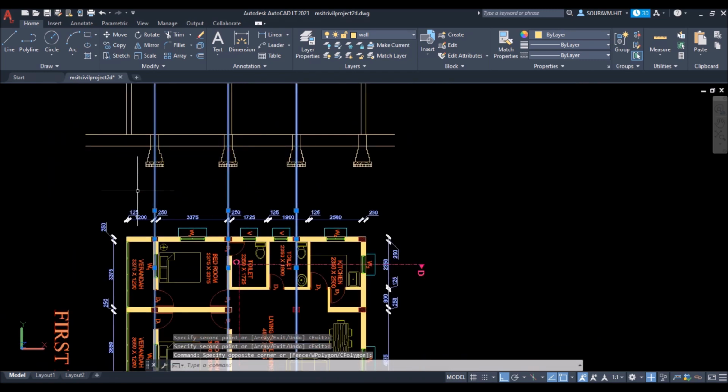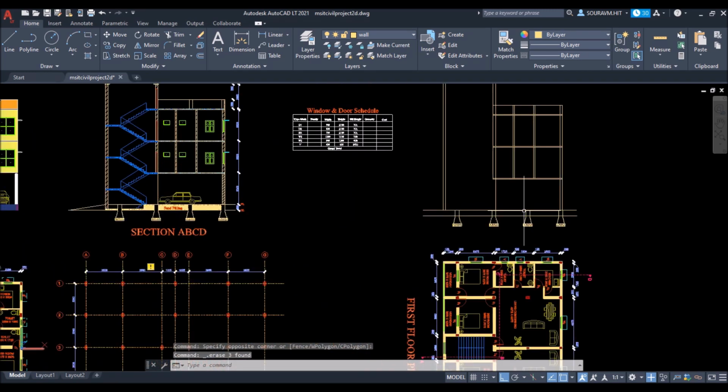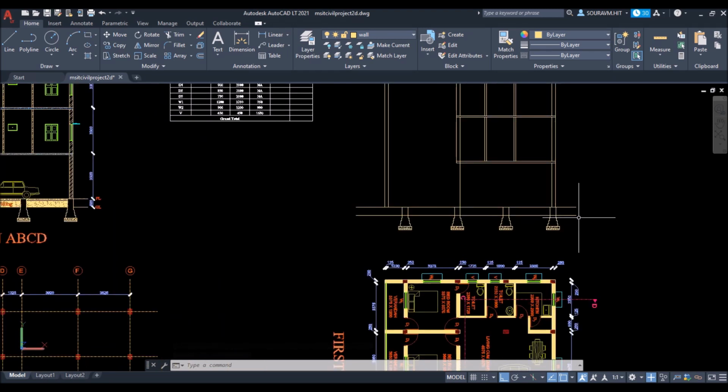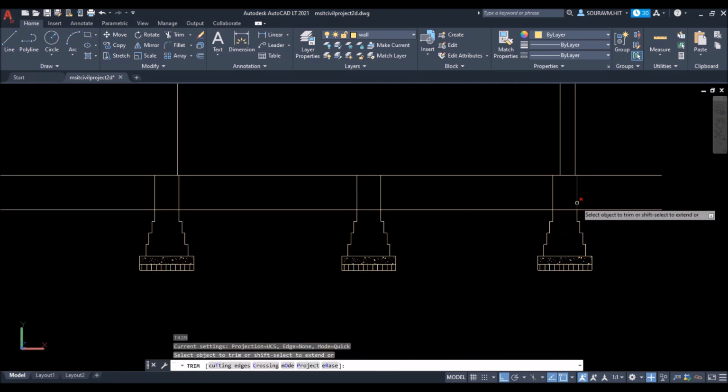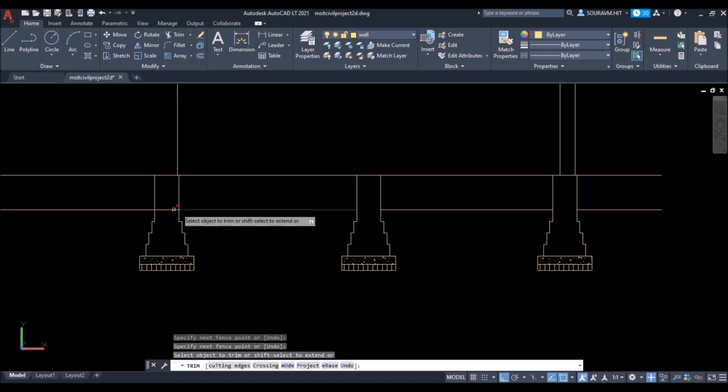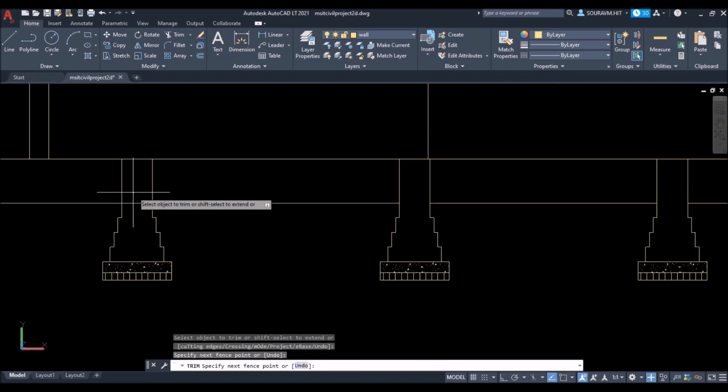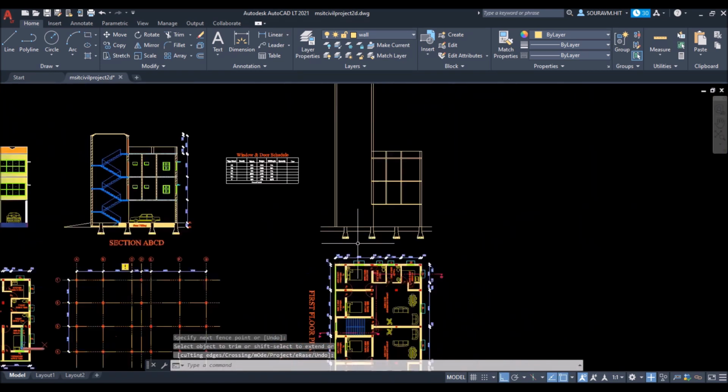Then erase these construction lines. Now type TR and press enter and trim the lines as shown. Always right click to exit from any command.